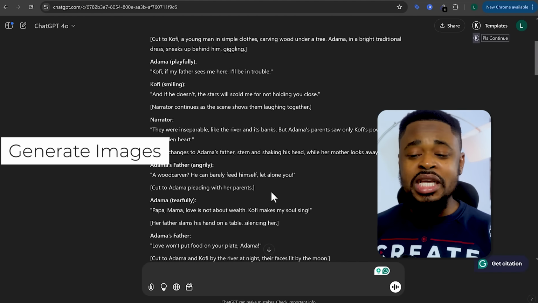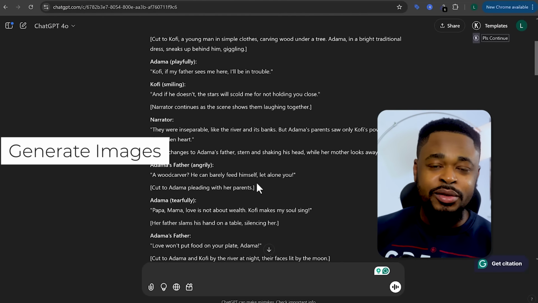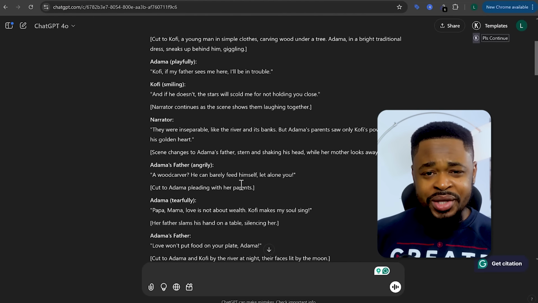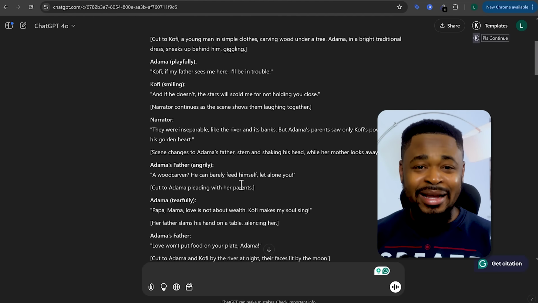The next thing we're going to do is use this script to generate images for this movie. We are going to need to generate images. Like I said, I'm going to be showing you a platform where you can generate images for free. You don't need to pay a dime, all right? As of today, the AI is completely free. I don't know what's going to happen in the future, but now it is free. You can use it completely free to generate tons and tons of images. So take advantage of it.